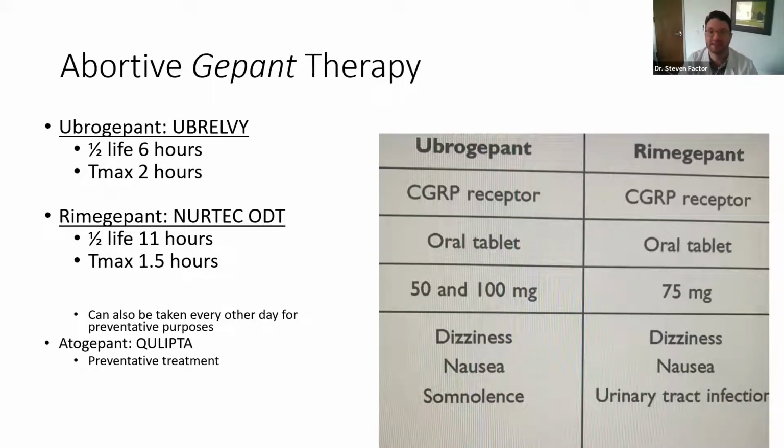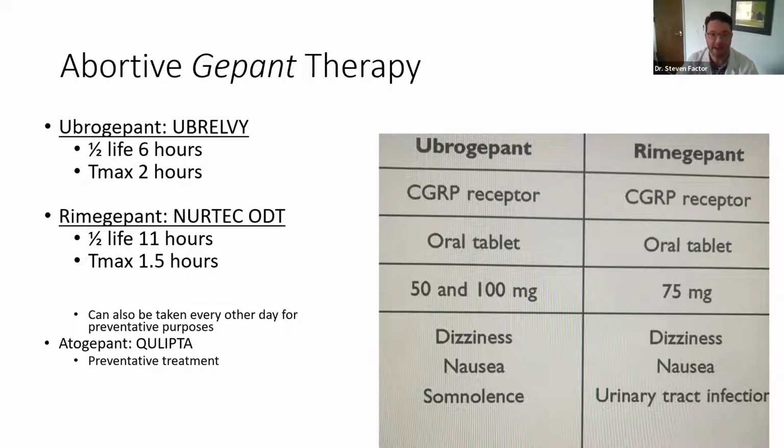So what are these abortive treatments, these abortive gepant treatments? Gepants specifically are small anti-CGRP molecules that block CGRP at the receptor site. So CGRP is coming to the receptor site, the gepant is in the way, and CGRP is unable to attach to the receptor and thereby unable to cause a migraine cascade that causes migraine pain. That's the effect. So these are small drugs that are taken orally, came on the market within the last year or two, that are very effective at decreasing